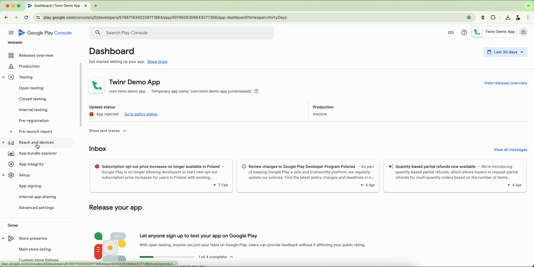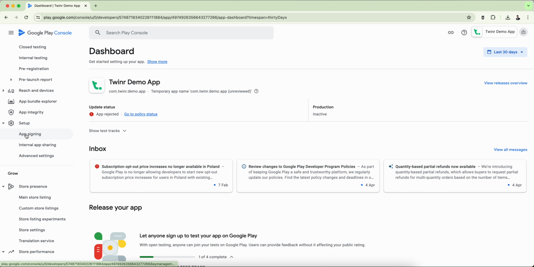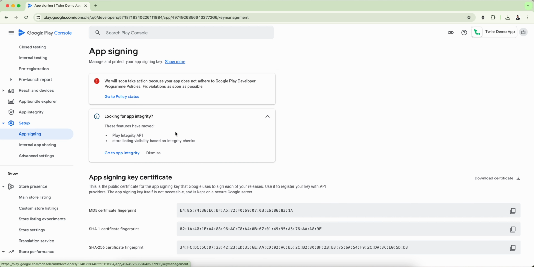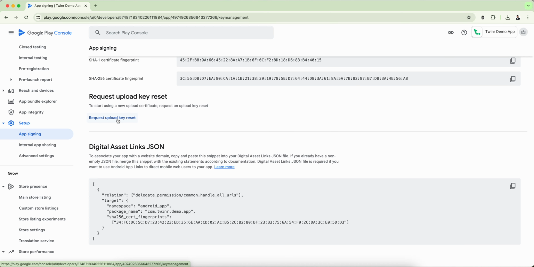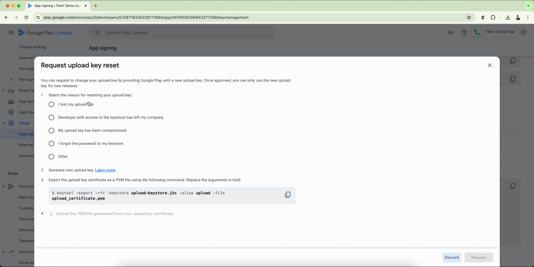Then inside the application, go to the app signing here, and under the app signing, find the option to request upload key reset. Okay, so click on this option and it will ask you for the reason. So just select I lost my upload key, right? And then another thing that it will ask you is to